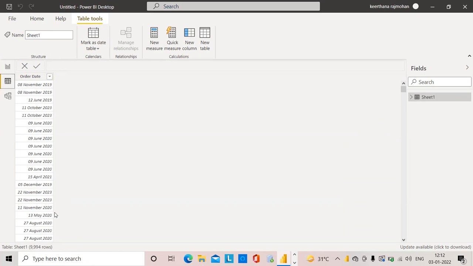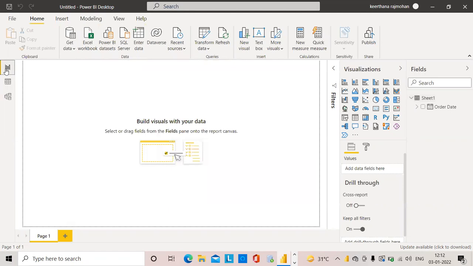All these years of data are available in this table. So we will see how to calculate the previous year, current year, next year, previous N years, next N years. Next N years means next 3 years, 4 years, like that.